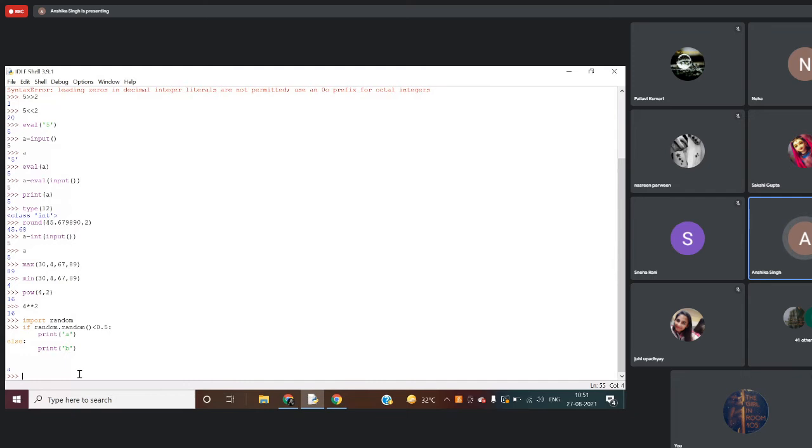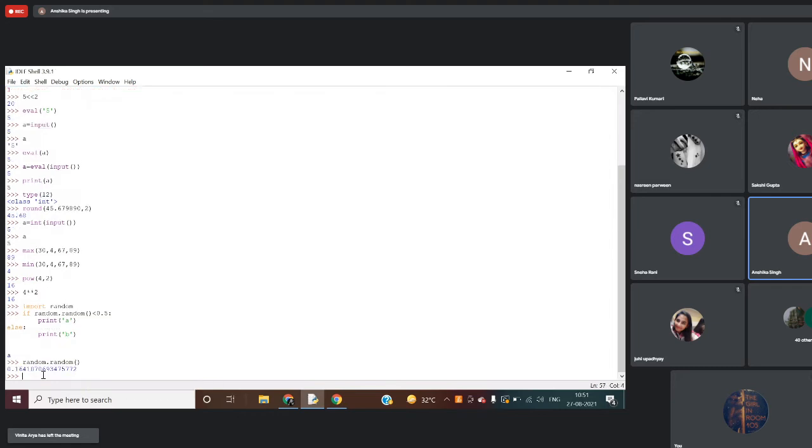So the random function will be generating a number between 0 and 1. Okay? So it will be checking whether it is less than 0.5. It is generating the number the first time. Maybe you can also print the number, comma, random.random.